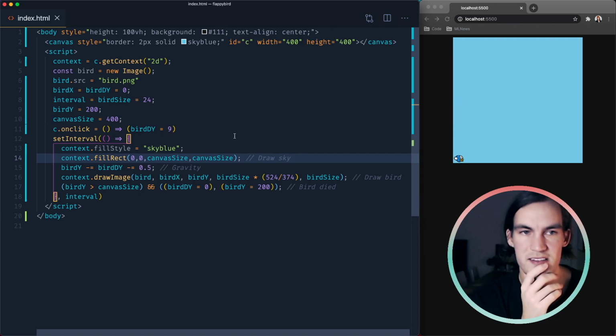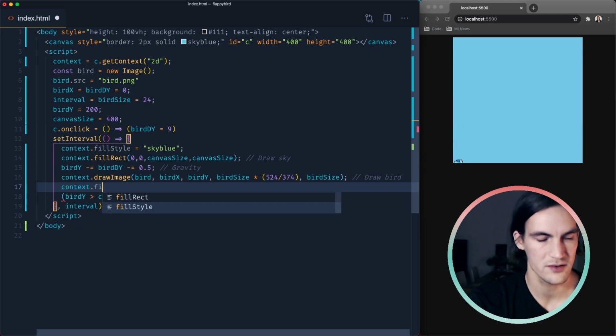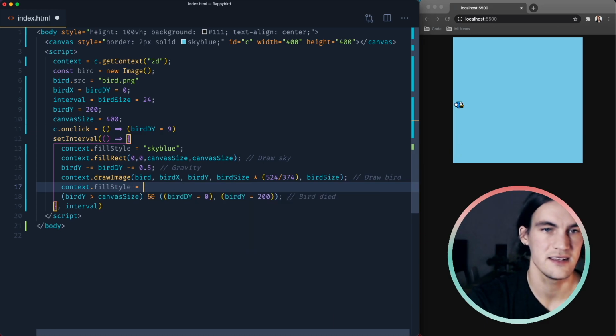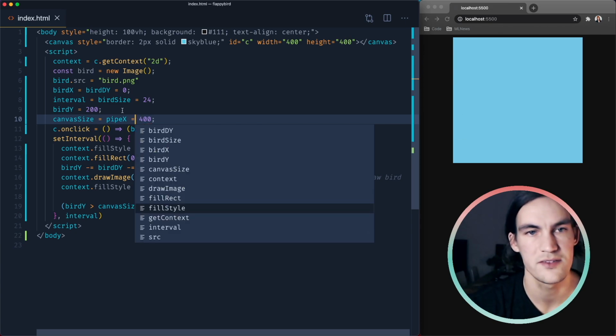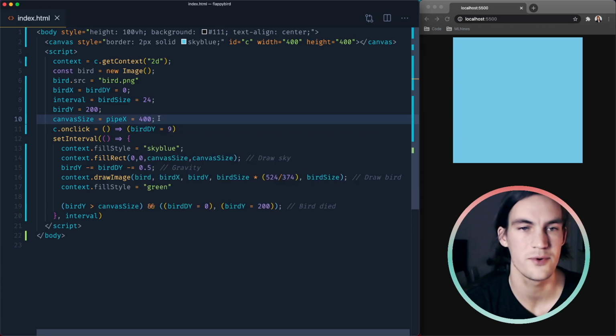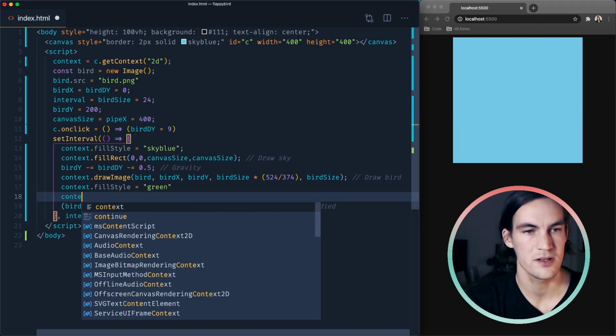So now let's start to create a pipe. So to draw a pipe we want to use green. So we set context.fillStyle is green. Here we can set pipe x to be equal to 400 so that it starts at the right side of the screen. So a pipe is a rectangle and we can draw it with